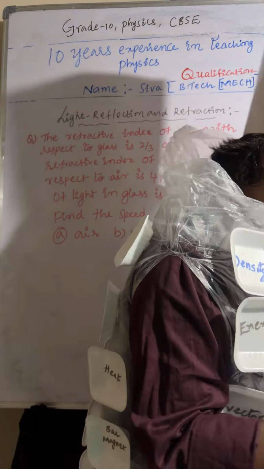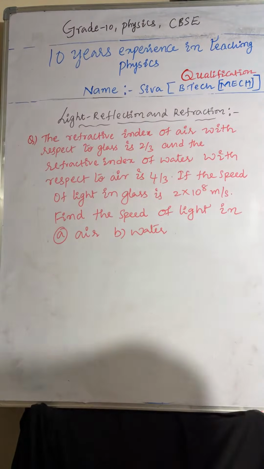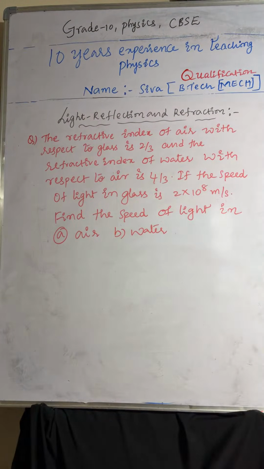Okay, try to identify this question, the answer to this question. The refractive index of air with respect to glass is 2 by 3, and